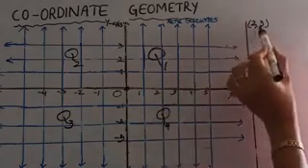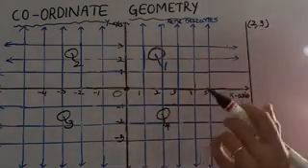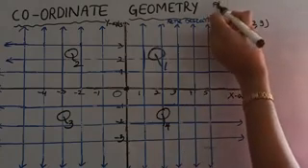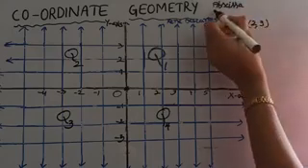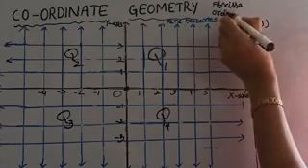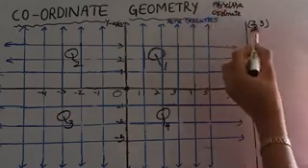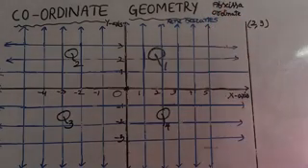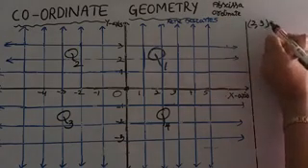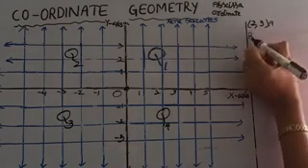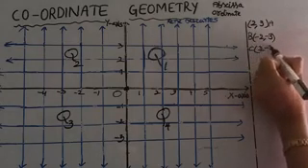Let us denote some point 2, 3 here. How to denote that? The first one is known as the x coordinate or abscissa. The second one is known as the y coordinate or ordinate. Generally we can call it x coordinate, y coordinate, but particularly you can say abscissa. The first one, or x coordinate, is known as abscissa and the second one is known as ordinate. So let us take some points: A (2, 3), B (-2, -3), C (3, -2),